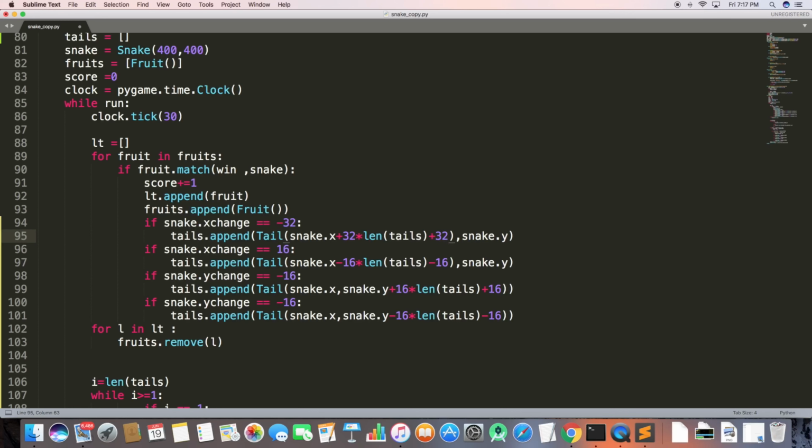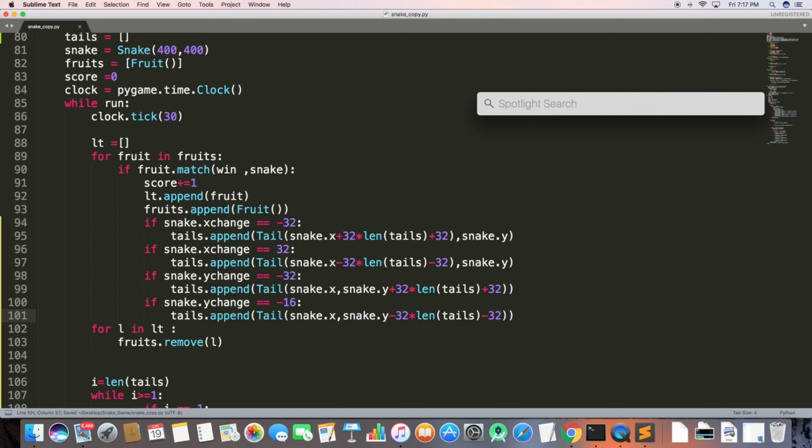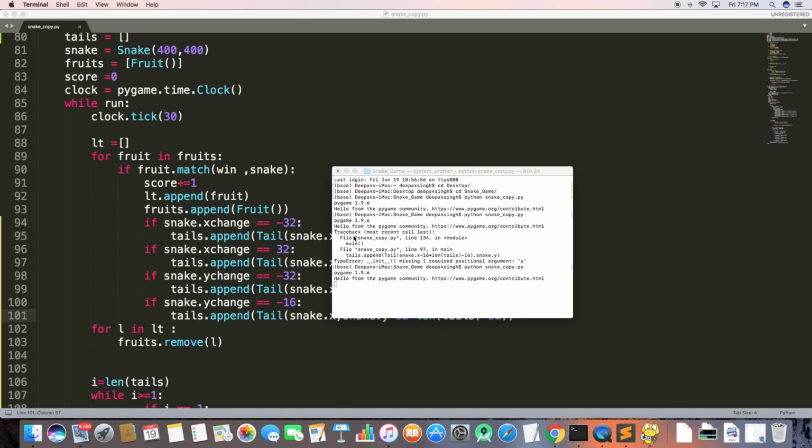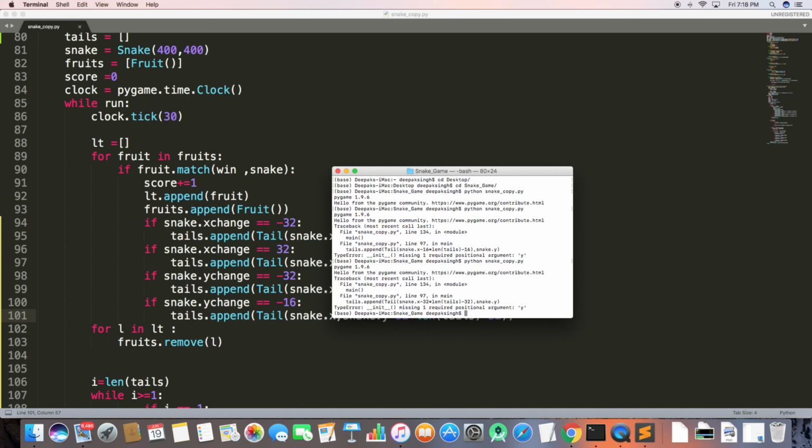I don't need to define 32 here also, because it doesn't matter that much. You don't need to write this code, you can just append and give any position, but you need to create the objects every time a fruit is eaten. I will have this code in the GitHub link. I will be having an updated snake.py Python file, because this is a 3-part series, and if someone in the future watches the first part and needs that code, they can find it.